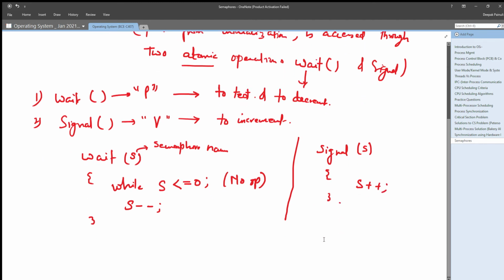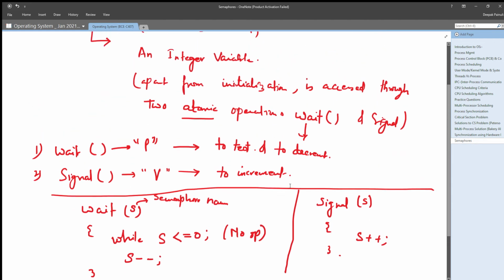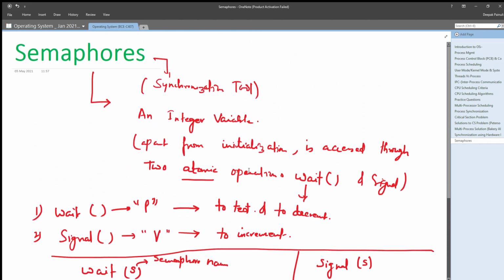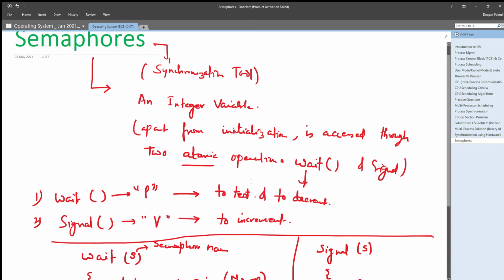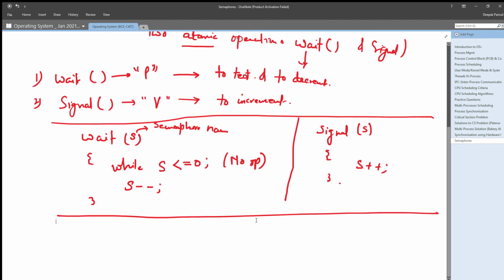right? So these are the pseudocode for the wait and signal operations which we can perform on a semaphore, which could be anything. Either it will be S or mutex or any other name you can give to your semaphore, right?